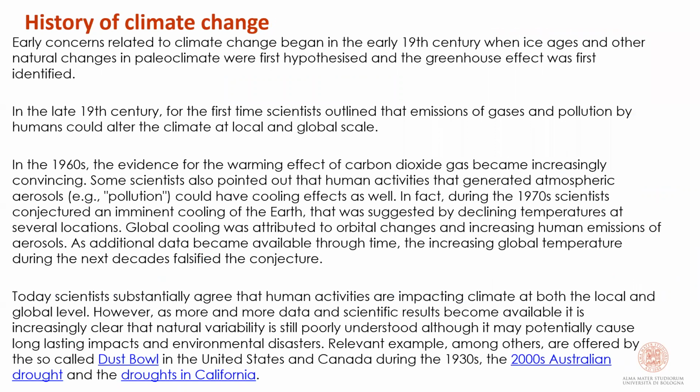When did we become aware of climate change? Well, earlier than you could expect, because already at the beginning of the 19th century, people noticed that glaciers were retreating. As I said, they started to retreat in 1750. And therefore, already at the beginning of the 1800s, people noticed that. And also,